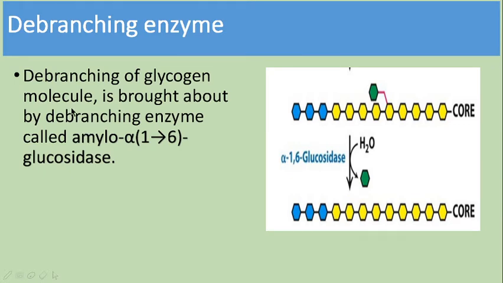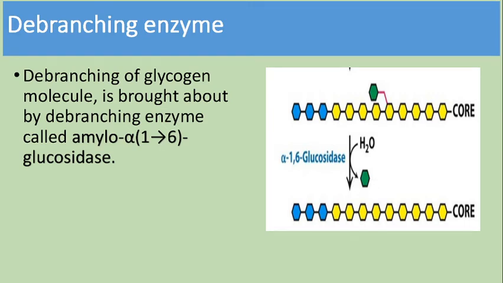Now the debranching enzyme. The name of the debranching enzyme is amylo-1,6 glucosidase. The debranching enzyme's role is to remove the glucose which is present nearer to the branching point. The alpha-1,6 glucosidic residue, which remains as a single glucose residue, will be cleaved by the debranching enzyme amylo-1,6 glucosidase in the form of free glucose. So by the action of this debranching enzyme only, free glucose will be formed.